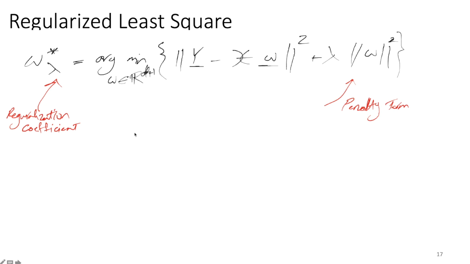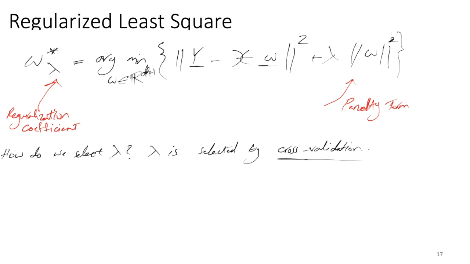So instead of minimizing this function, y minus xw, you add lambda times w as a penalty term. How do we select that? It's through cross-validation. I'll give a detailed definition of cross-validation later, but for now,